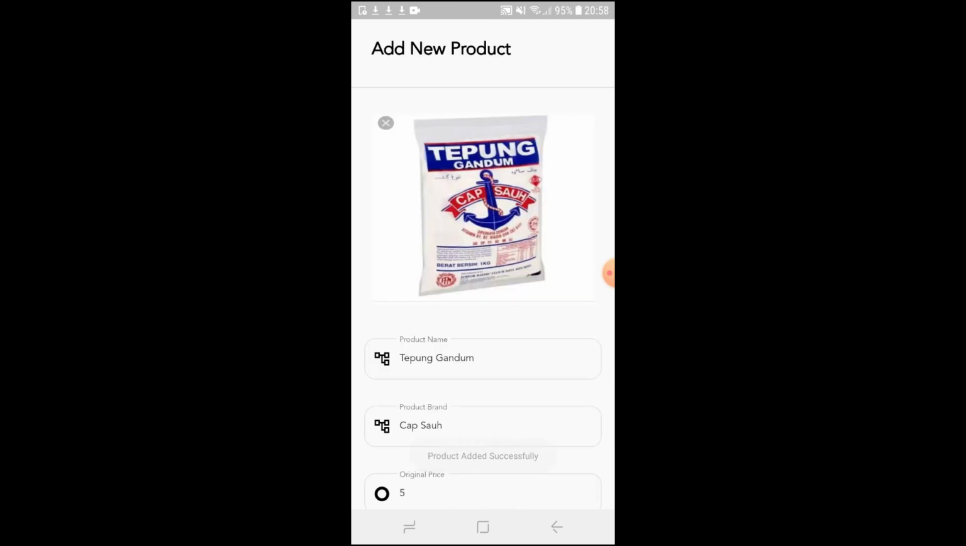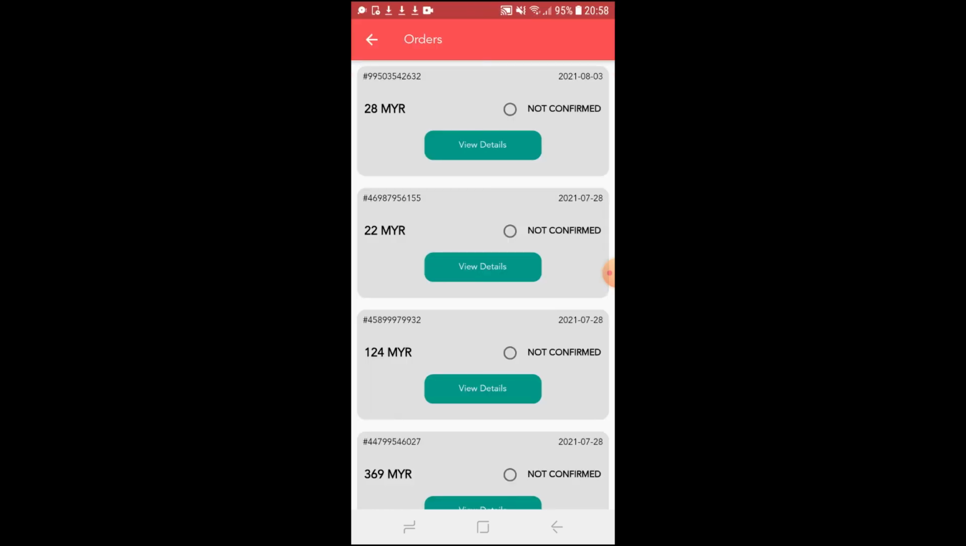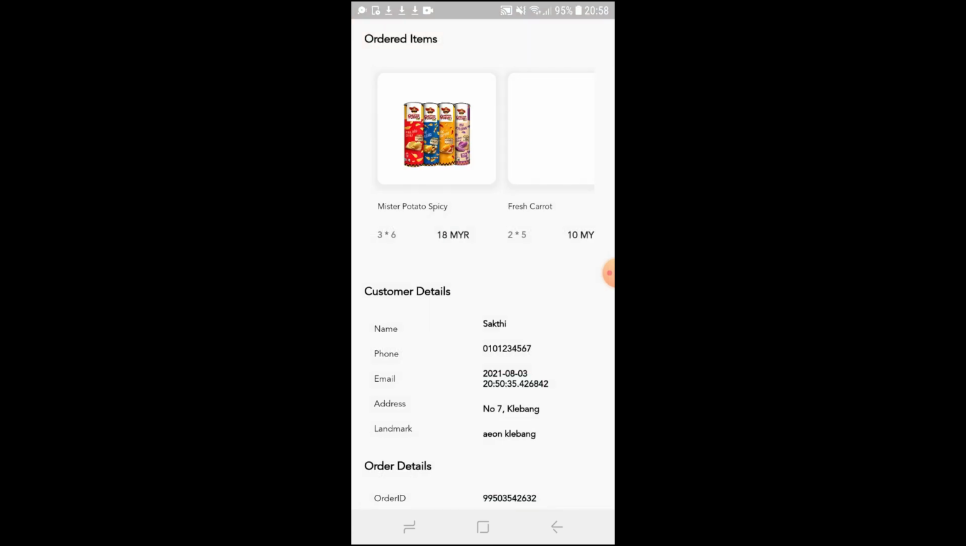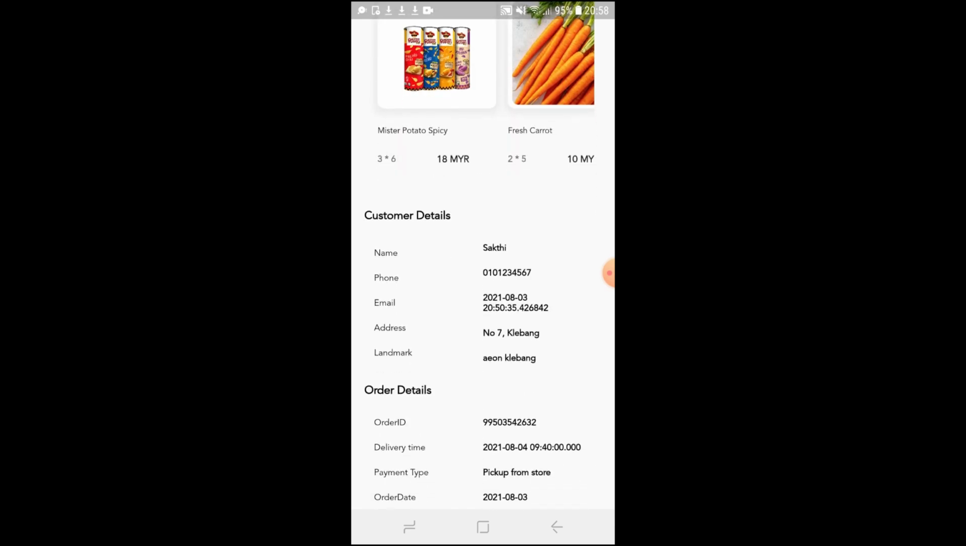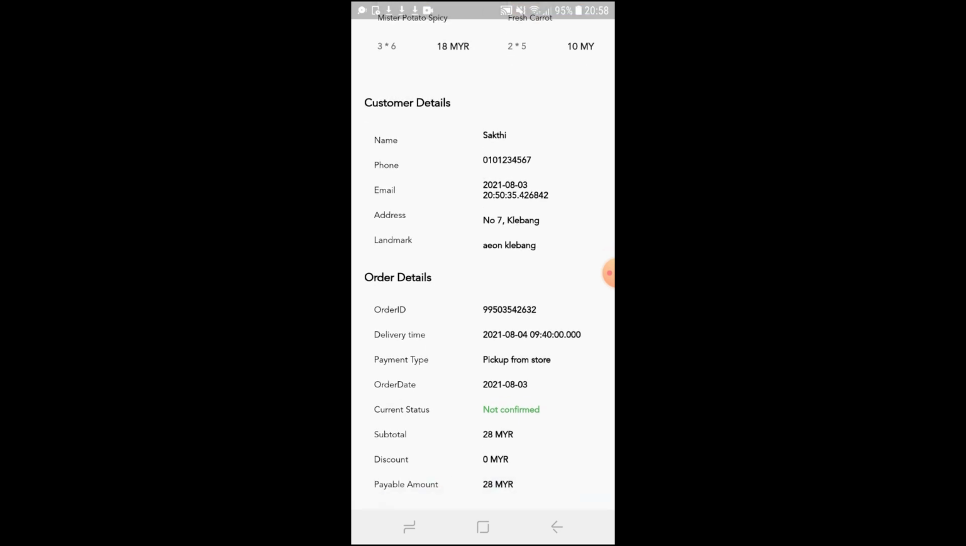Once the product is successfully uploaded, it will prompt a message, product added successfully. So now we leave, and over here we can see today's sales, which means the sales of today. Over here we can see the previous sales for the previous customer. So just now we ordered a potato spicy and a crushed carrot, and here we have the customer details, which are name, phone number, address and landmark. Here are the order details, order ID, delivery time. So here we can see the delivery time, when they want it delivered, and the payment type is pick up